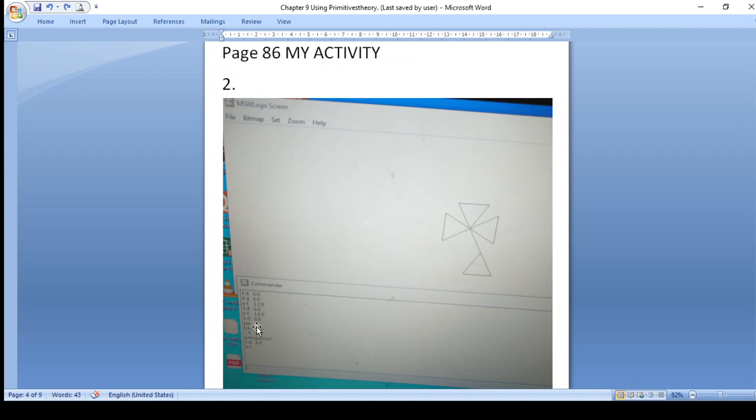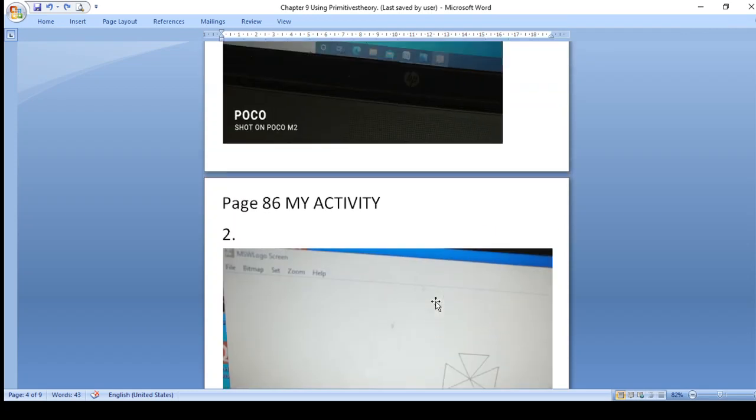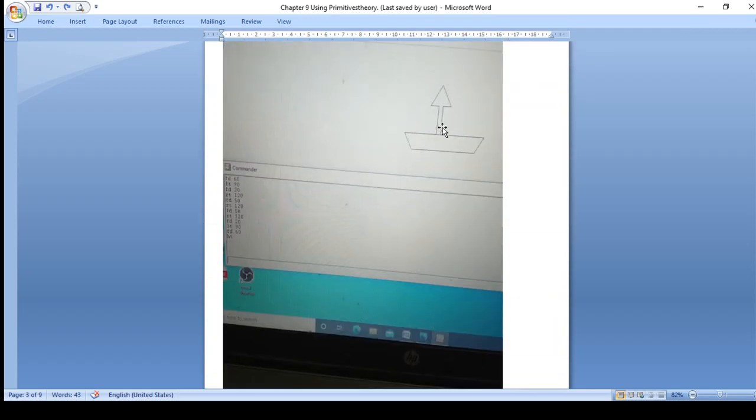I did not clear the screen or clear the text. At that time I just used pen erase command because I had drawn only one line extra, to erase that. So I used pen erase command. Again I have hidden the turtle here. So you can see my shape clearly. Otherwise what would happen? Somewhere here my turtle will be seen. Right. So this is your my activity, page number 86. This is the second figure and this is your first figure of that page.